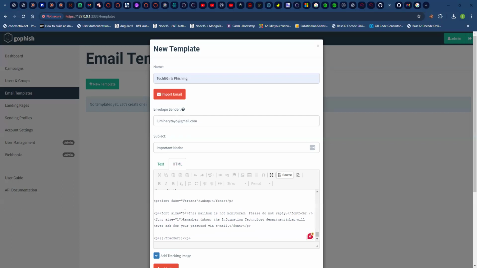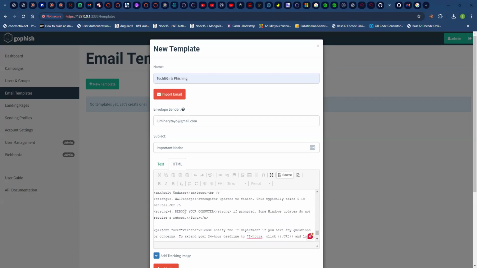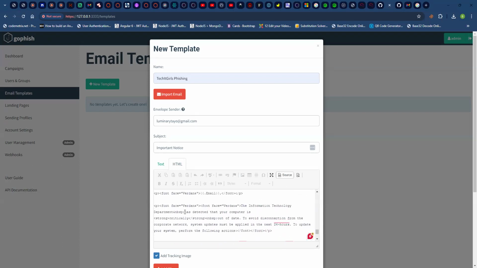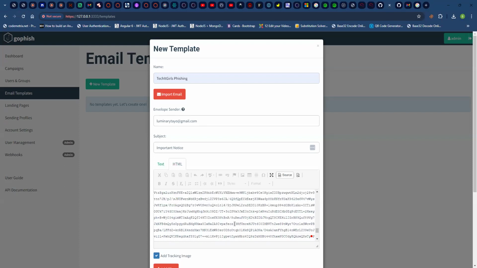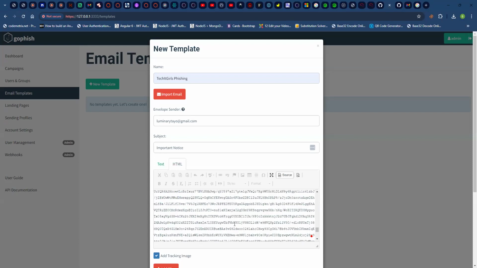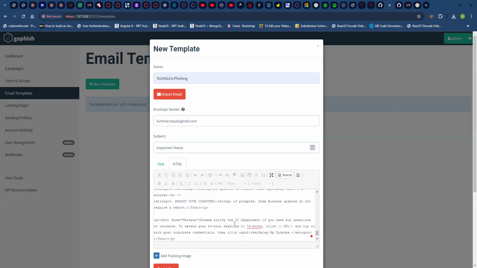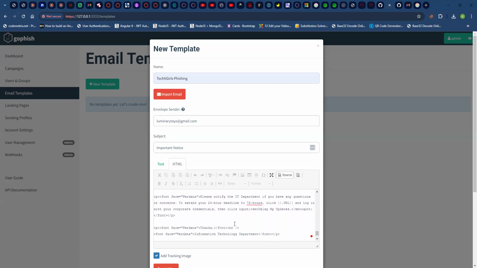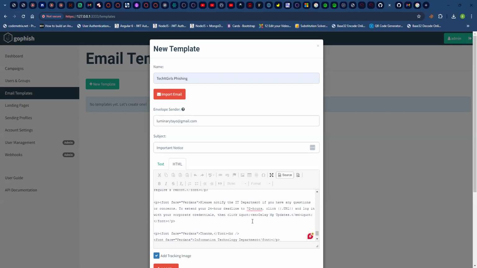Okay, so once that is pasted, I know that this email template I copied does not match our Facebook whatever, but I'm just going to leave it just as showcase, right? Maybe in tomorrow's class we'll look at better ways we can craft this kind of messages to make it look more realistic. But for now, we'll just go ahead with this.